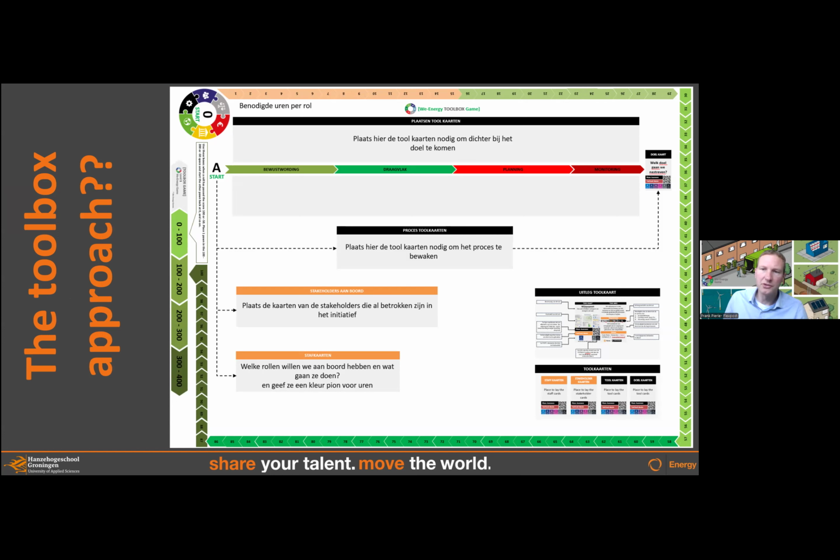And what we actually want to do is to collect tools, not only from our own university, but from, let's say, all over the world, that can support these decision makers through this process of awareness, willingness, and then planning and maybe even execution. That's what we call the energy transition roadmap.